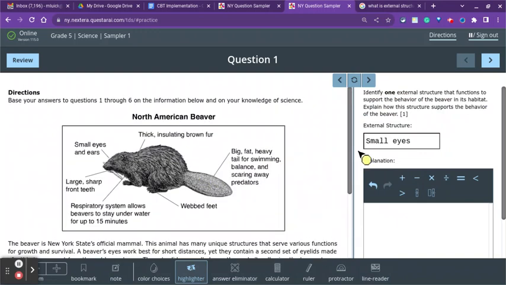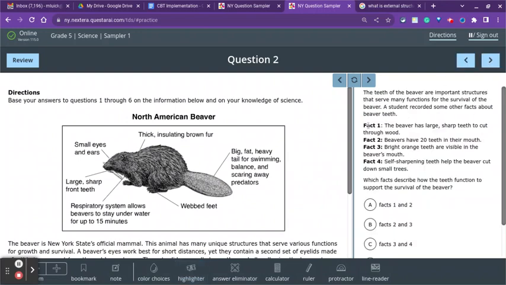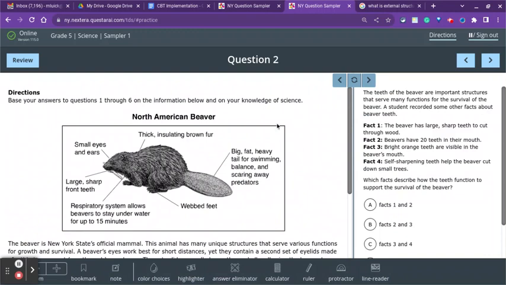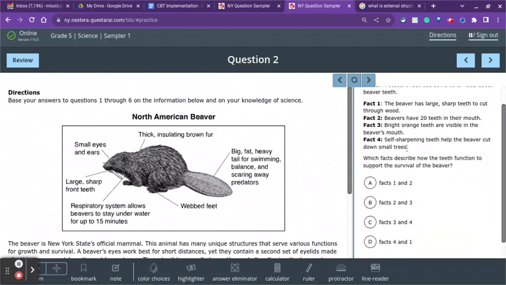All right, so let's go to question number 2. Over on the right hand side, you'll see a next button. Point to go forward. Let's go forward. All right, question number 2. Again, it's the same information because I have to use this information in questions 1 through 6, and this is question number 2. So over here, I go to the question. Remember, I can scroll down if need be,